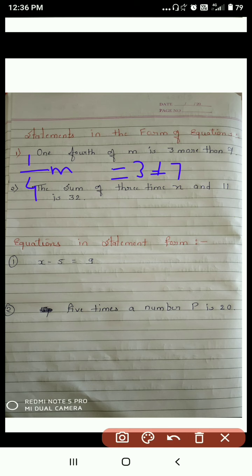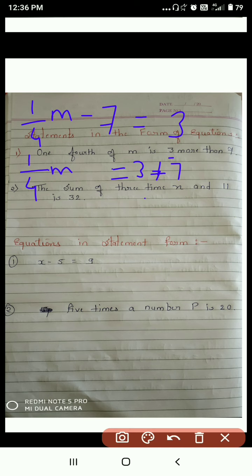You can write like that, or you can write like that also. 1/4 of m transpose 7 minus 7 equal to 3. Here we cannot transpose 3. Why? Because your answer will be 3 after the second side, because it means equal. So equal 3 more than 7 means plus 7. So you transpose 7, you will get 1/4 m minus 7 equal to 3.